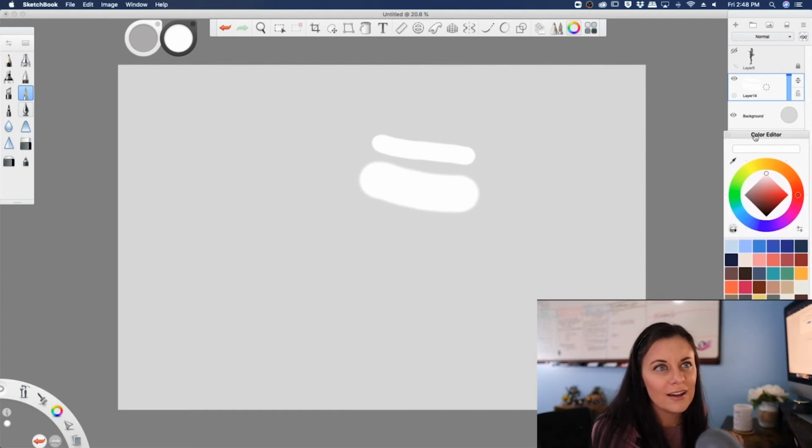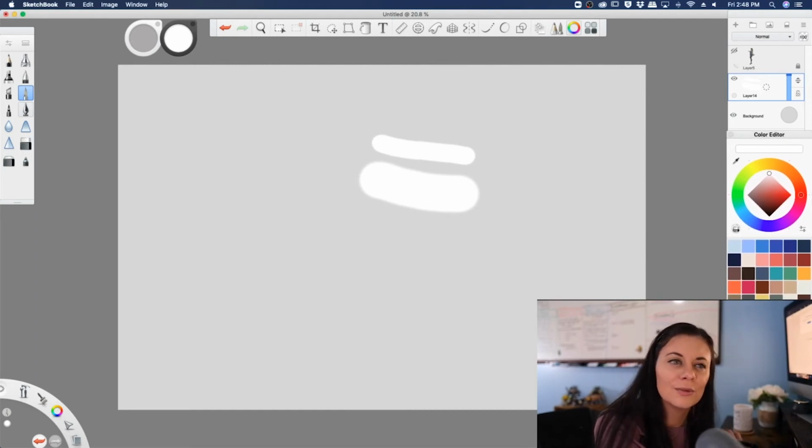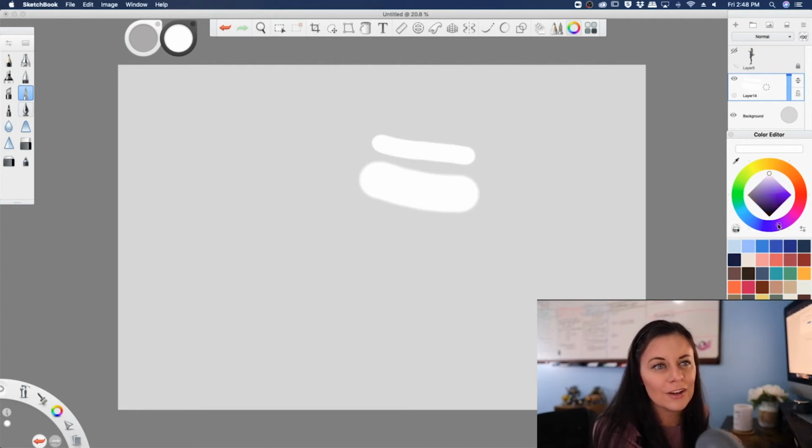These colors that I have in my color editor are going to look different than the ones you have on yours, because this is a palette that I have created over time that I like to use. These are some of my favorite colors to use for my artwork, but if you have a color that you would like to use, you see yourself coming back to it frequently, and you want a consistent color palette, if you're doing, say, a storybook or a comic book, you can go ahead and grab